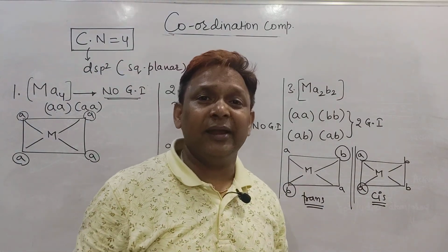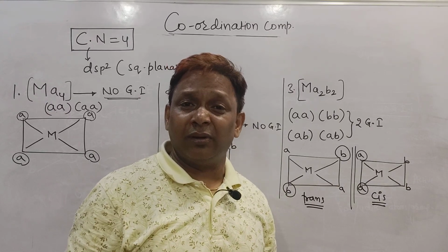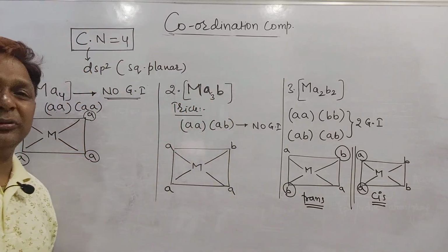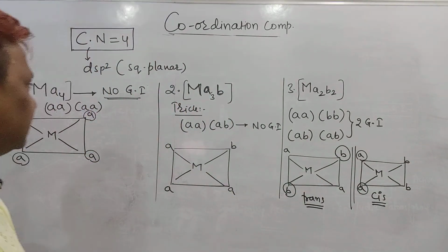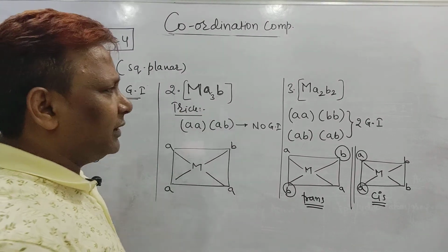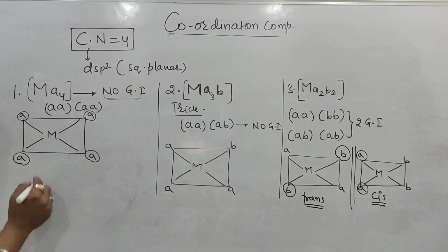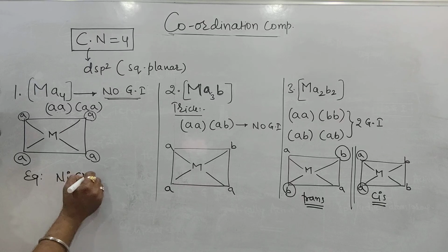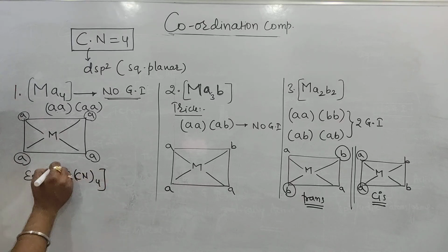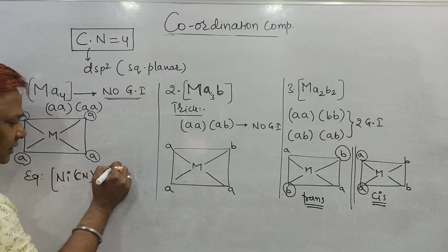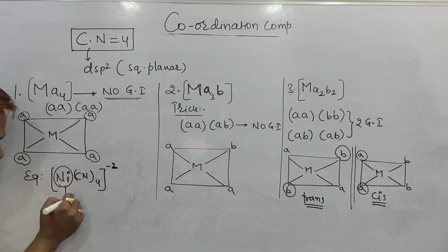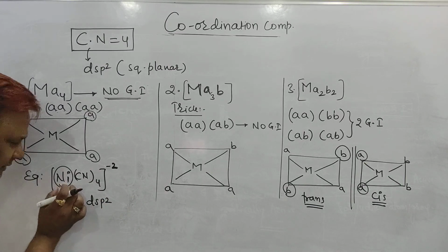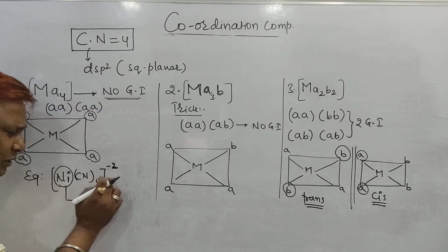It is a way to identify geometrical isomers in coordination number 4 whose hybridization is dsp2. But we will do examples also. Just a minute. You take a screenshot of it. I will give an example for dsp2. It is given in the NCERT. It is Ni(CN)4 2 minus. In this one, Ni is the central metal atom and it undergoes dsp2 hybridization. Now they will ask you how many geometrical isomers this Ni(CN)4 2 minus will show.